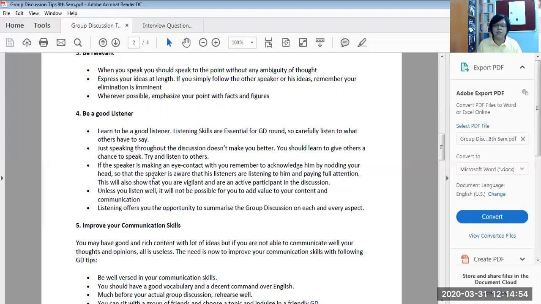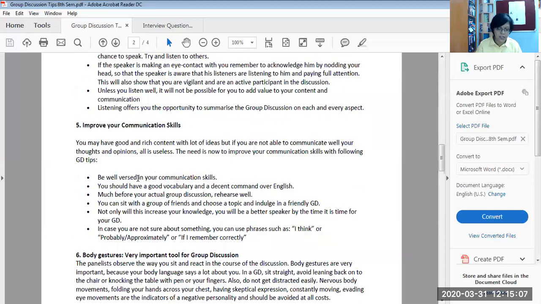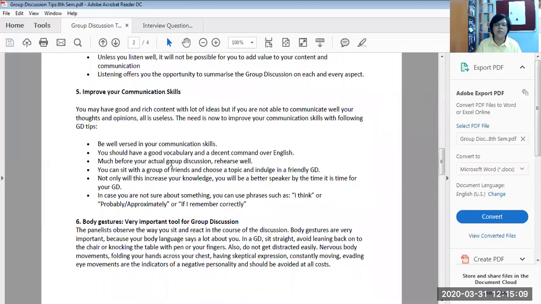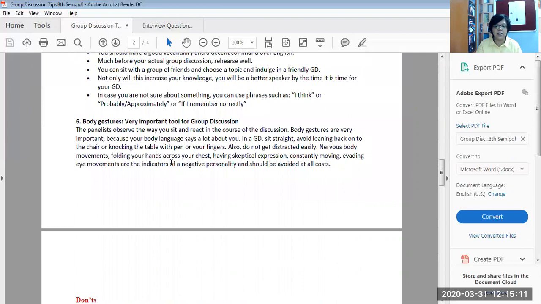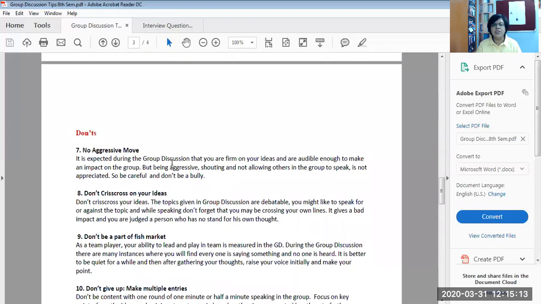You have to be a good listener, and you have to mention a few names and the topics and the points that they have said, and then go on with your discussion. Last but not the least is good communication skills. Now, good communication skills comes with a few pointers to develop your communication skills, because now you